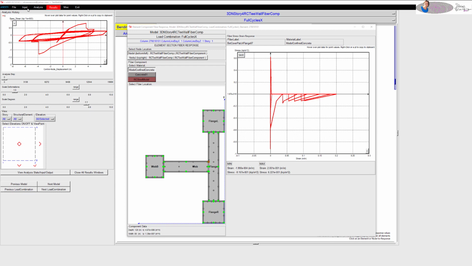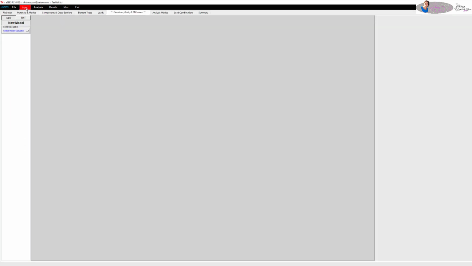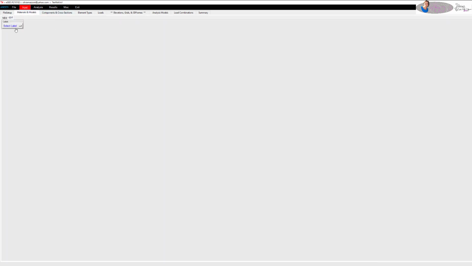So how do I do that? Well, I go here, and remember how I said I use the same material for all of them. So what I can do is I go to my material and I edit my confined concrete. So I think I was using Concrete 07 for my model, right? So if I go here